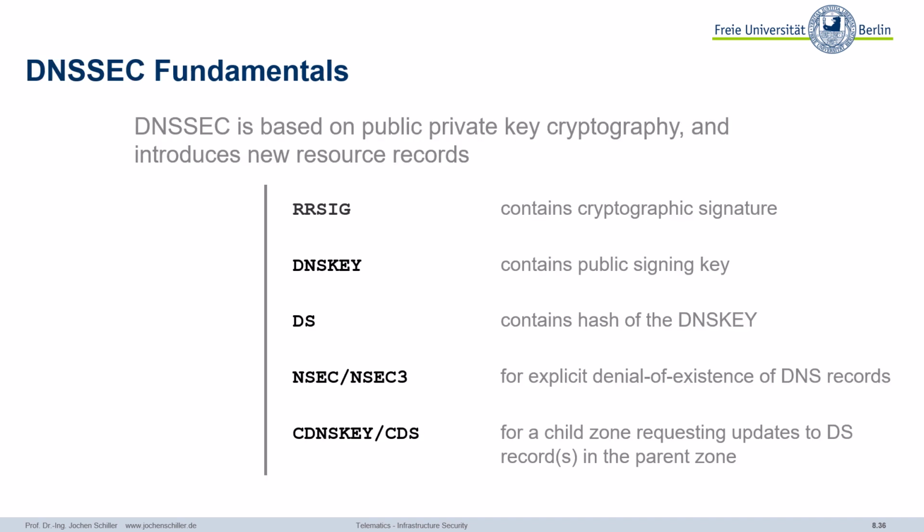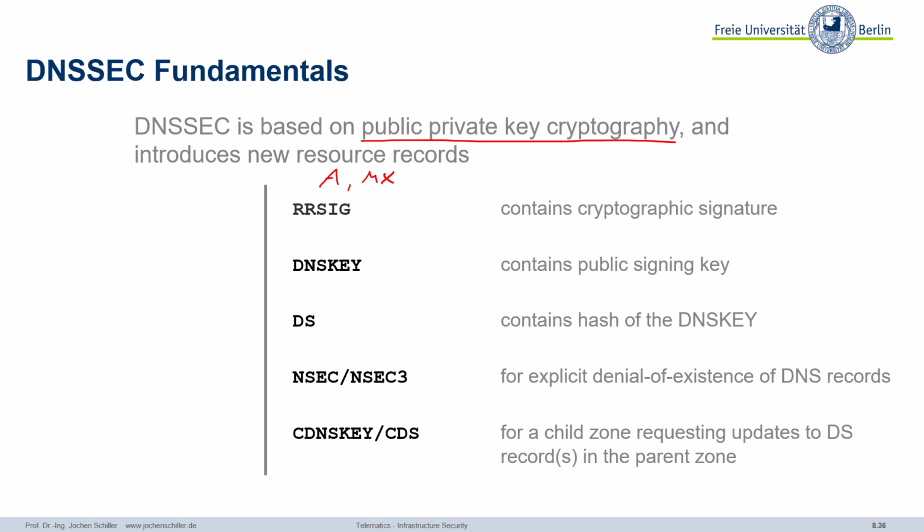So some fundamentals. DNSSEC is based on public-private key cryptography, so asymmetric, and introduces new resource records. Remember resource records, we had the A records storing the addresses, for example. We had the MX records for email. Look this up in our DNS chapter. Now we have new resource records: RRSIG to store the cryptographic signature, the DNSKEY that contains the public signing key, a hash of the DNS key, and additionally some more records